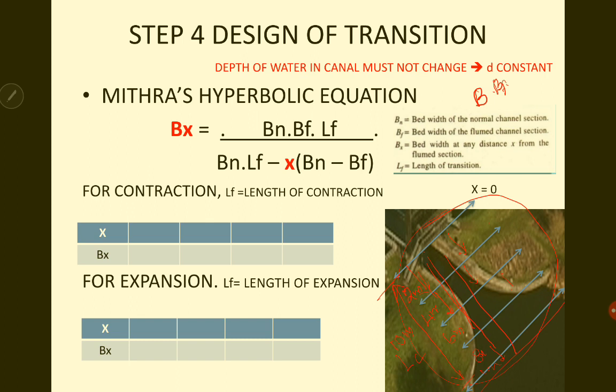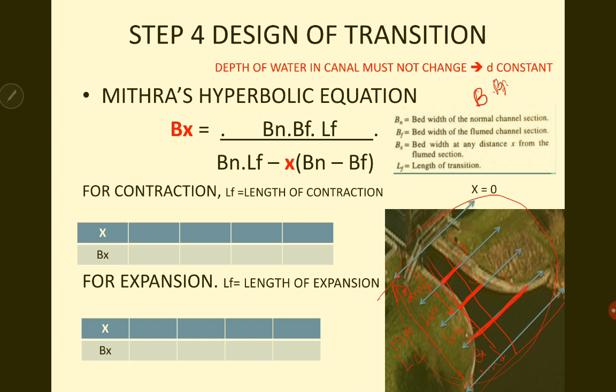At what distance is the particular section from the approach? So first find out the various sections and then find the Bx value. What is the Bx value? Bx is the corresponding width at this. So this is the B at 6 meters. So here it is 6 meters distance, and this is the Bx here. This is the 4 meter distance, this is the Bx here. This is the 2 meter distance, this is the Bx here. There is a particular, from that we have to find out the breadth width, canal width at the various points.